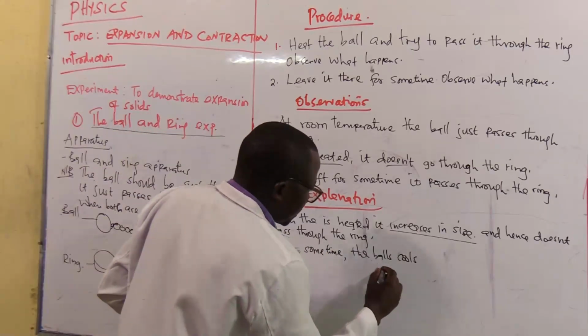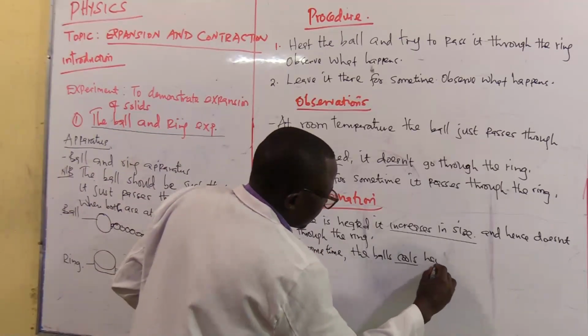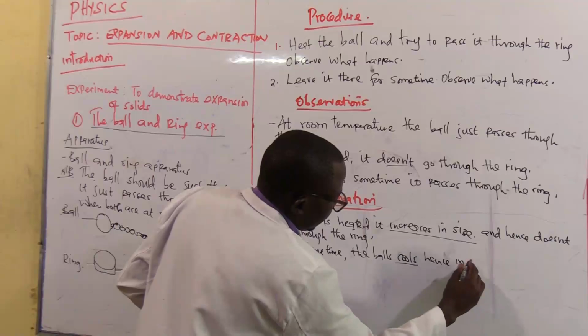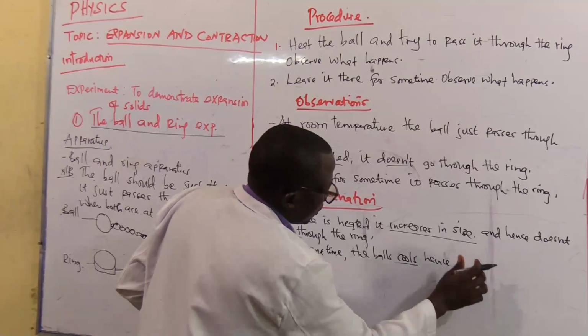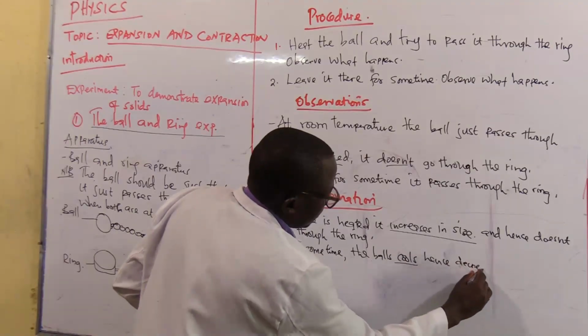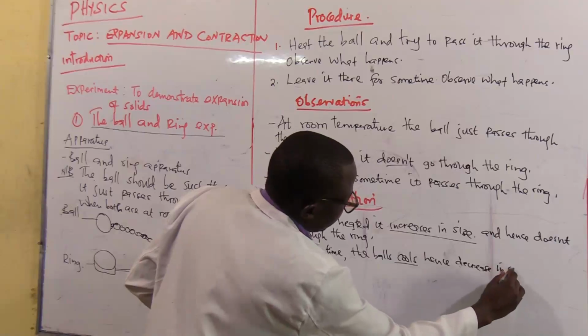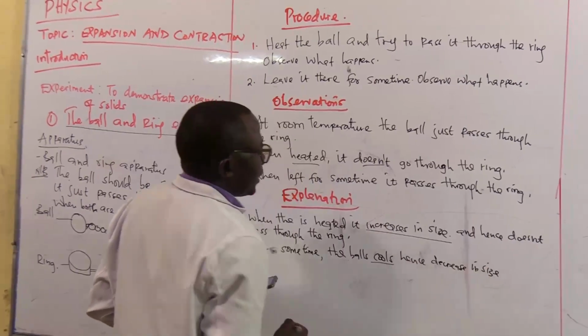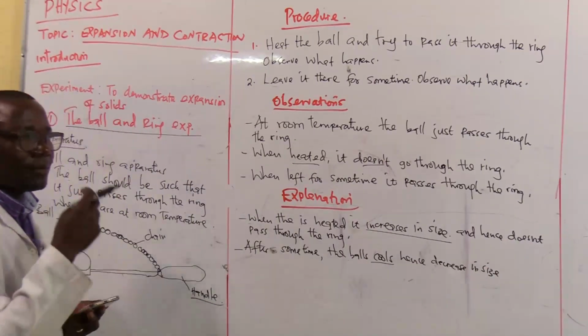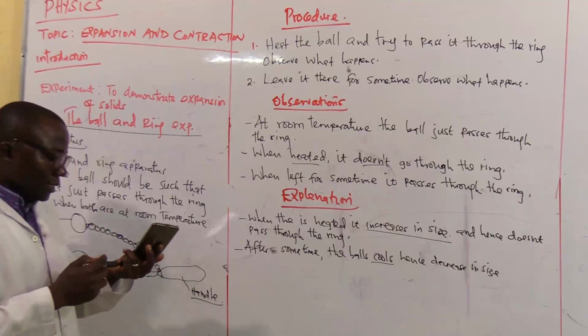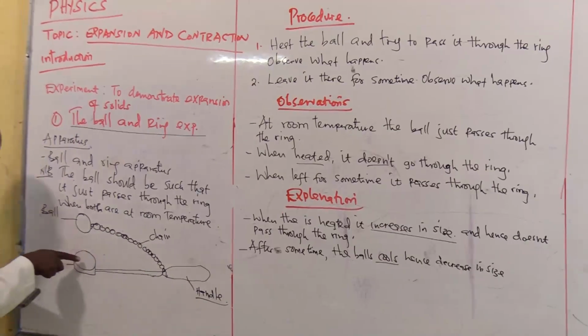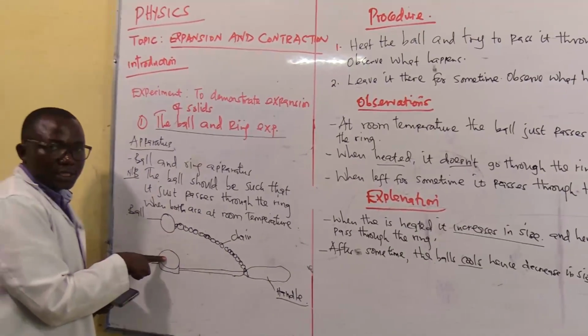So when it cools, the ball cools. Hence there is a reduction or decrease in size. At the same time, given that the ball was on the ring, it will essentially mean that